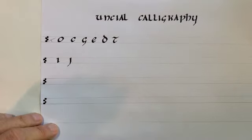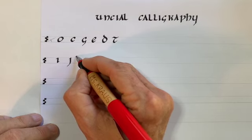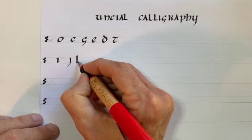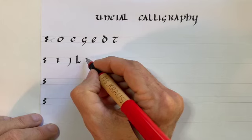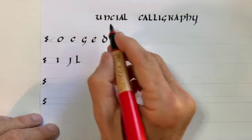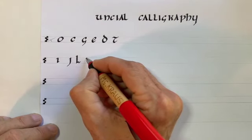The very short descender. And then we have the L, which starts with an ascender and a small hook. And then the F, which may look like a capital letter, but we're writing it all within the same height. And it starts with